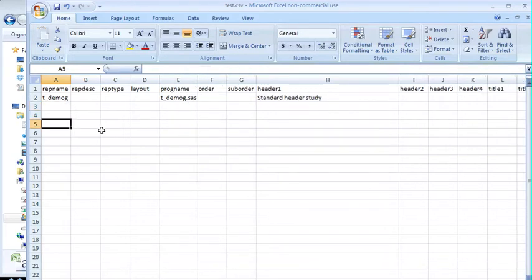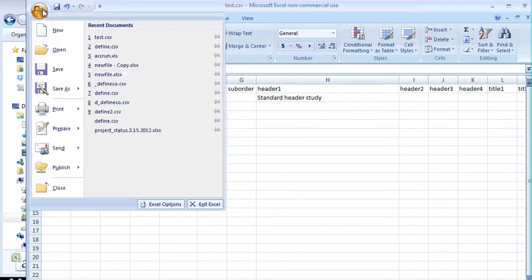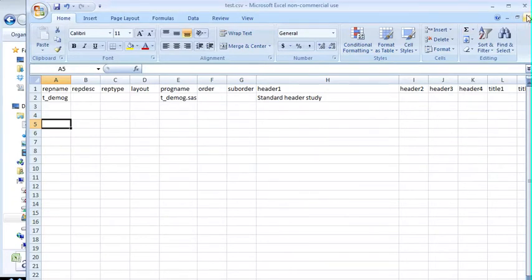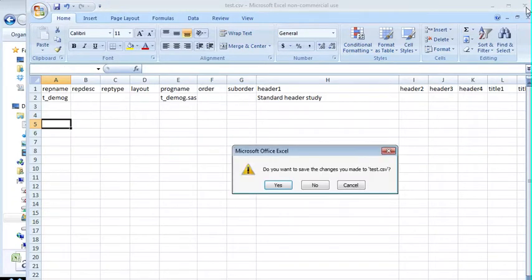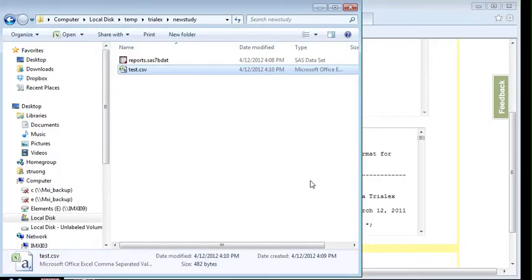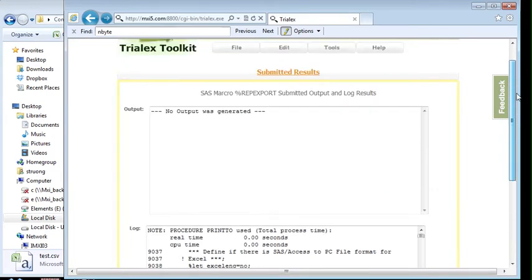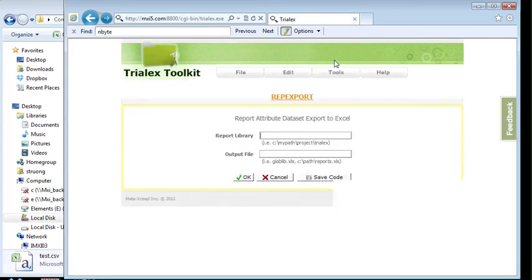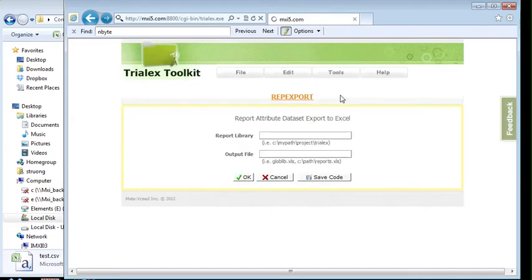This is just an example of how easy it is to then edit things in Excel, and then you can save it. And then once I have it completely updated, I can re-import it. So instead of editing within SAS, I can do that in Excel, and I can import it back into that